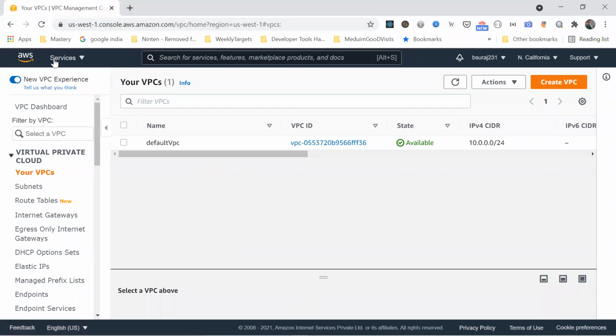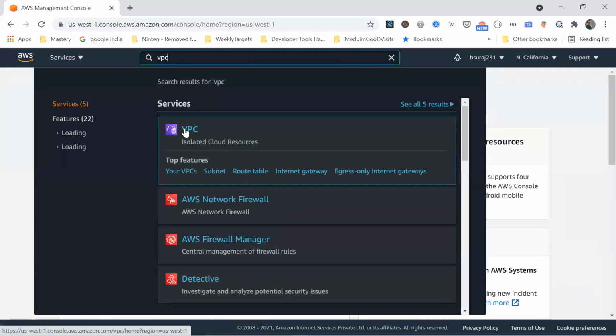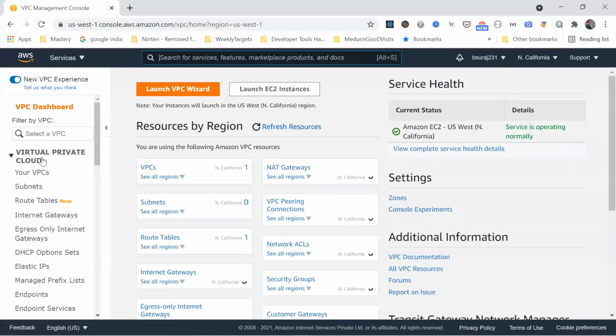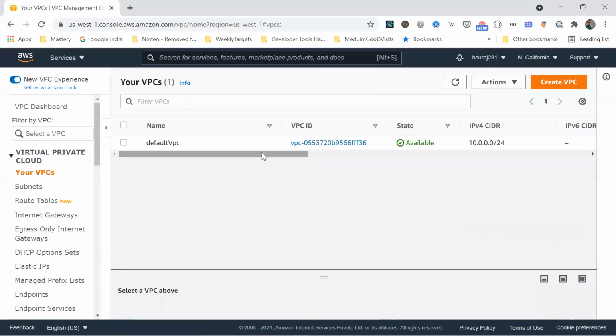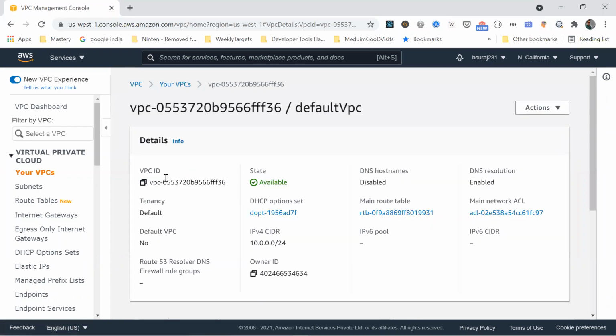Yeah. So going into the AWS, you can log into VPC by searching for VPC. And you can see that there is a default VPC that you get. It is the VPC by default. Inside this VPC, you will get all the details of the VPC, that is, what's the route table for it, what is the DHCP and network ACLs.